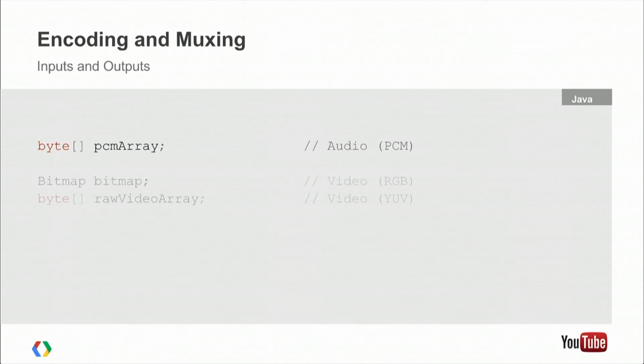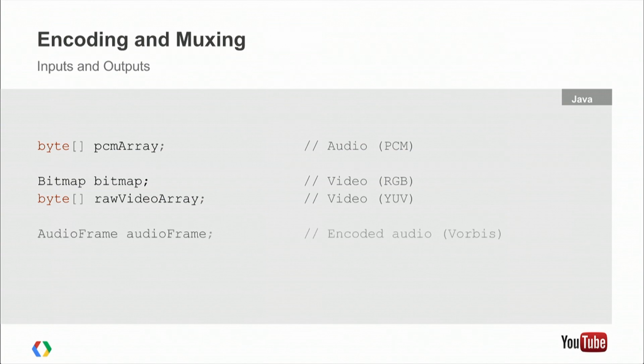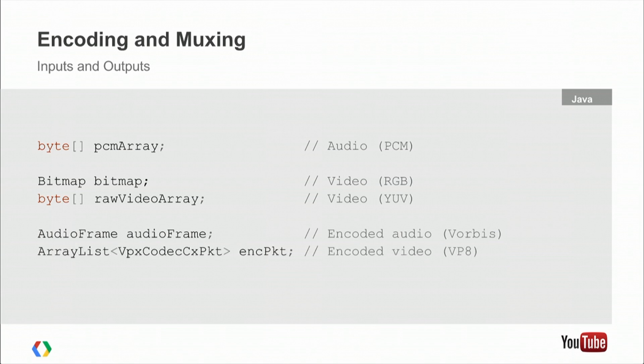And here's an example of how this looks in practice. We start with a byte array, which is basically the PCM audio that was given to us by Unity as a part of the script attached to a camera. And similarly for video, we read that video from the frame buffer. And then we construct